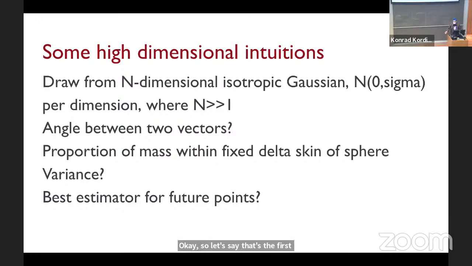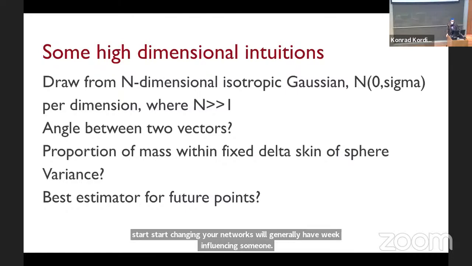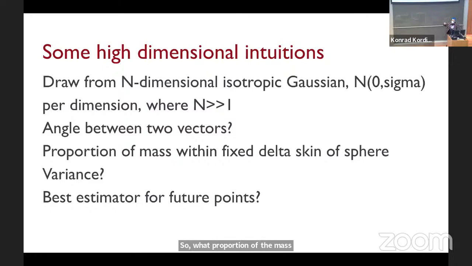The angle is always 90 degrees, which means that things that we store or change in neural networks will generally have weak influences on one another. So what proportion of their mass is within a delta thickness of the